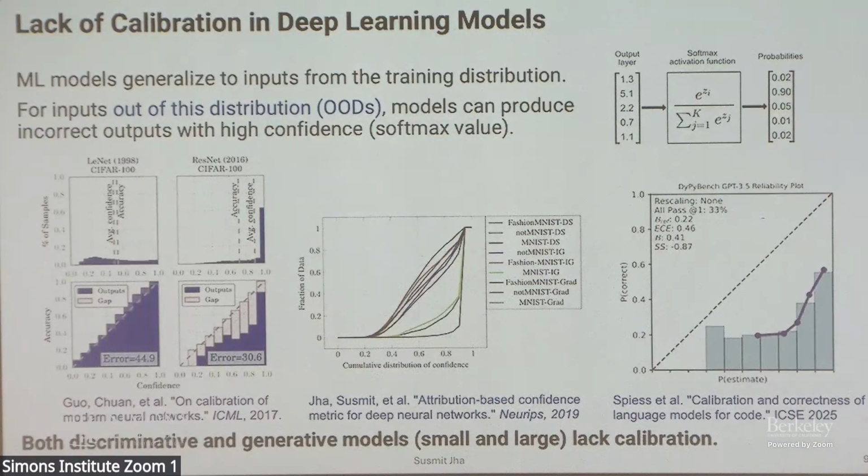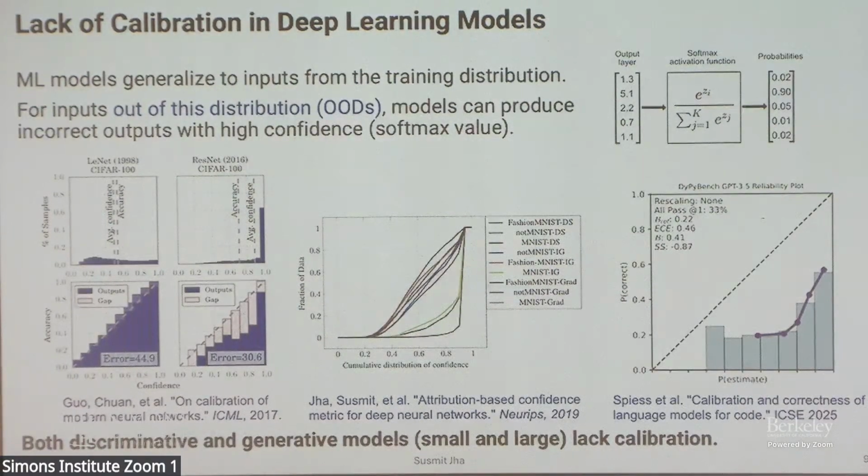And we had a paper where we showed that you can actually use explainable AI methods to improve the calibration of these models. And then more recently at ICSE this year, we looked at these really large models. With large models, at least you see a much higher generalization. I'm sure everybody has played around with ChatGPT or Claude or some of these models, and they are pretty good at being able to generalize to novel scenarios.